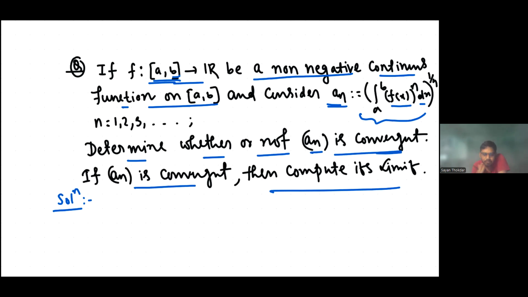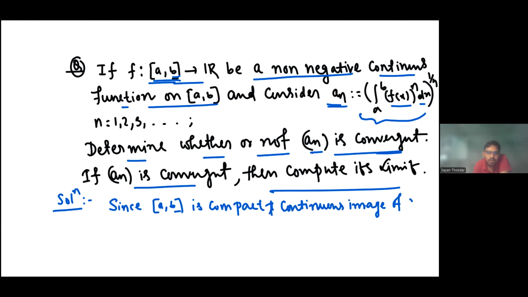What do we know about a function which is continuous over the closed interval [a, b]? Since the closed interval [a, b] is compact, and the continuous image of a compact set is compact in R,